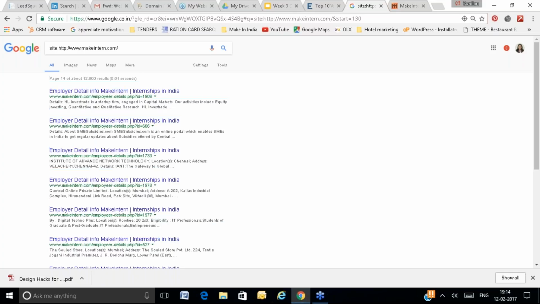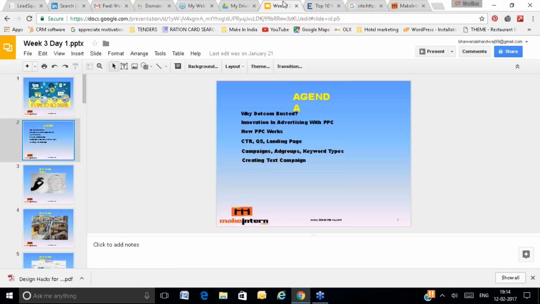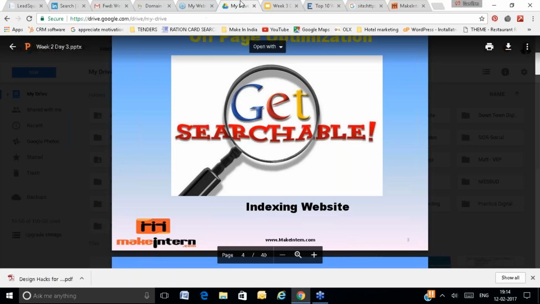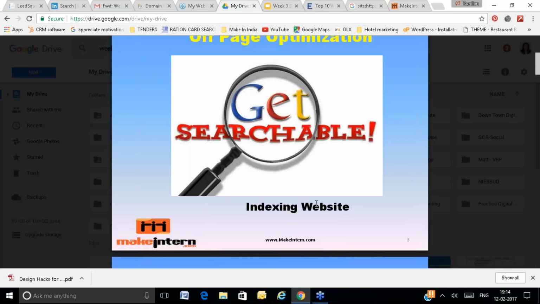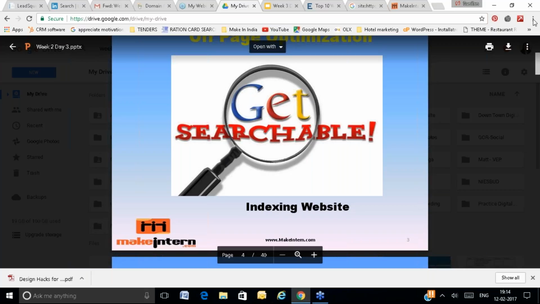If the page is not present in the Google database, there is no use of that link. So whenever you are trying to get a backlink, you will try to get it from a page in the Google database. Everyone knows how to check whether your page is indexed or not.